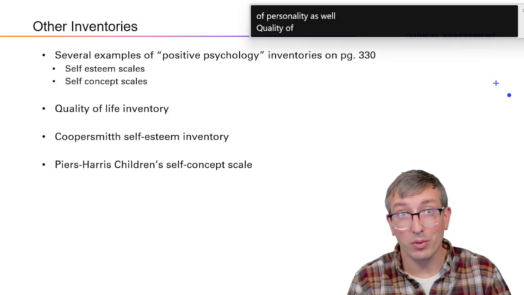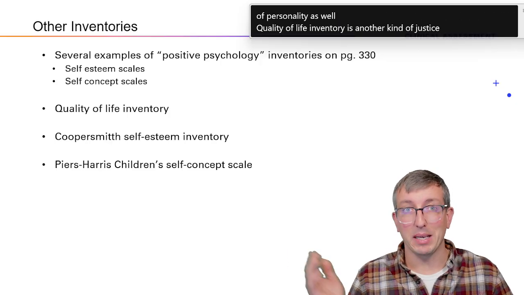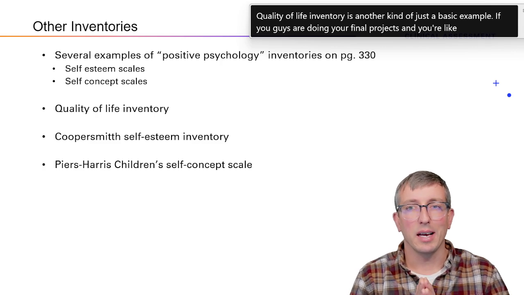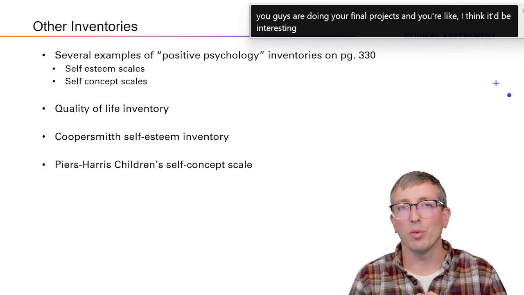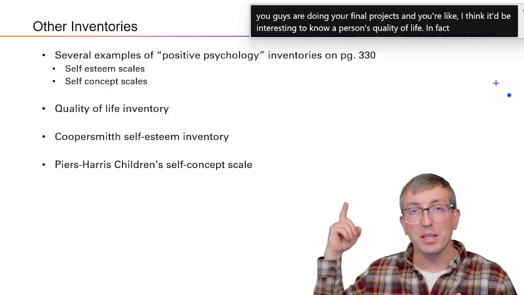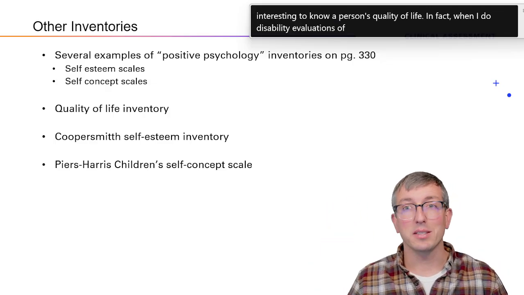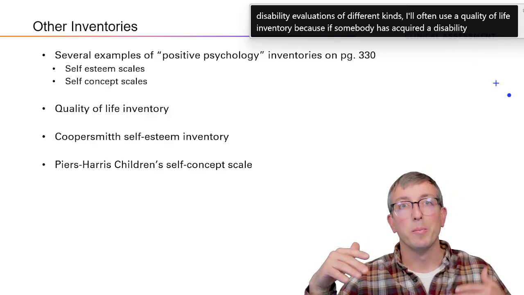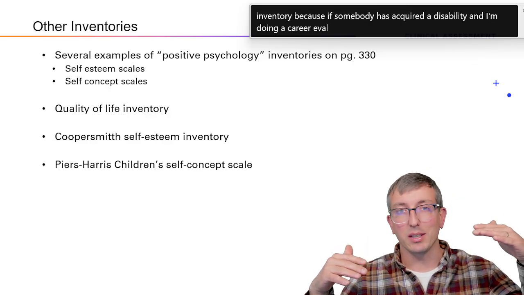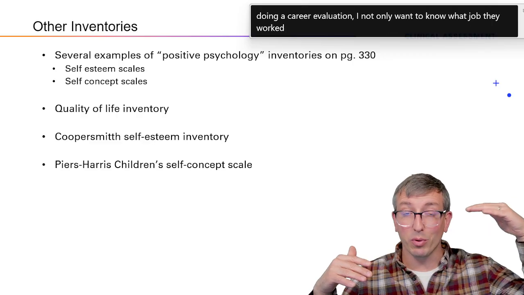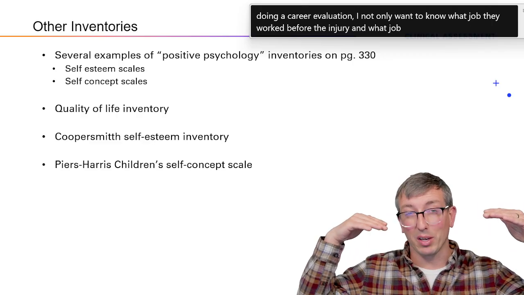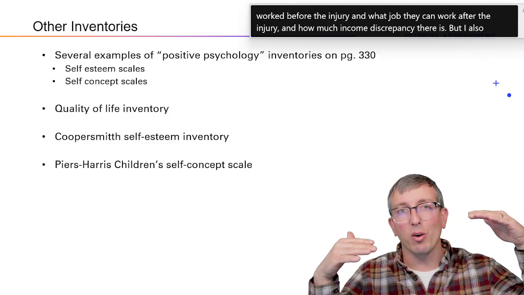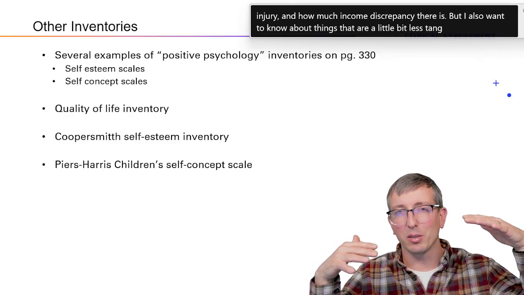Quality of life inventory is another basic example. If you guys are doing your final projects and you think it'd be interesting to know a person's quality of life. In fact, when I do disability evaluations of different kinds, I'll often use a quality of life inventory, because if somebody has acquired a disability and I'm doing a career evaluation, I not only want to know what job they worked before the injury and what job they can work after the injury and how much income discrepancy there is, but I also want to know about things that are a little bit less tangible, a little bit less economic,